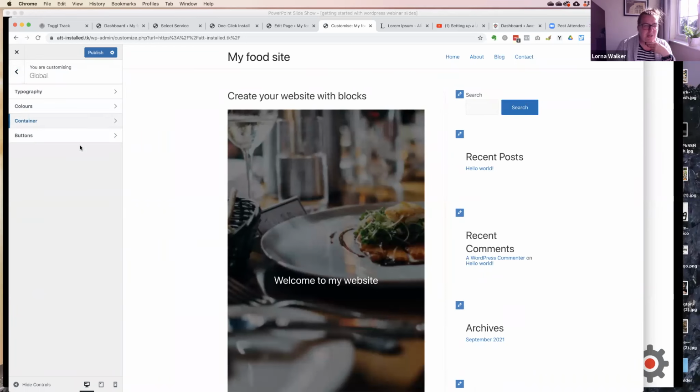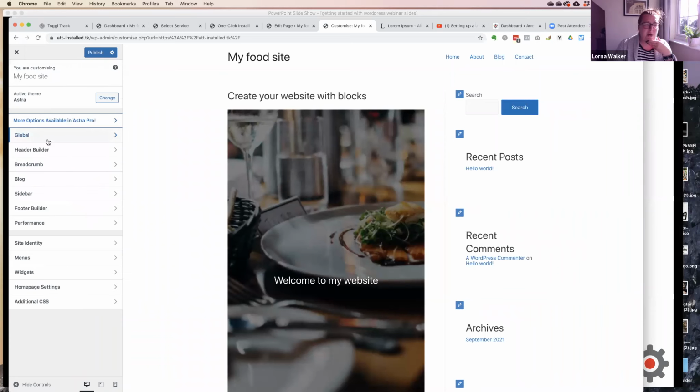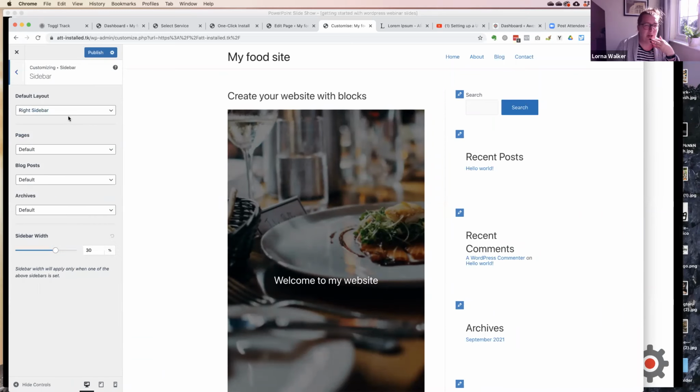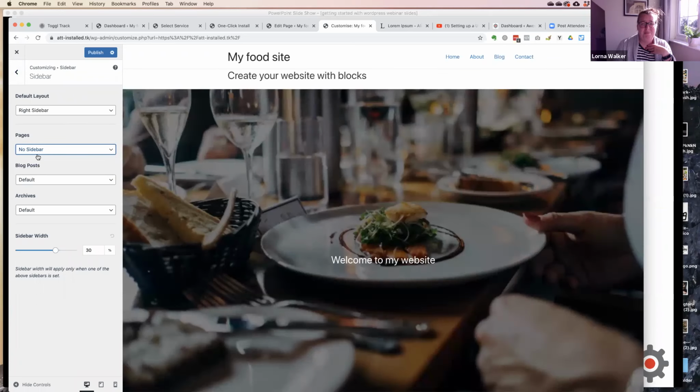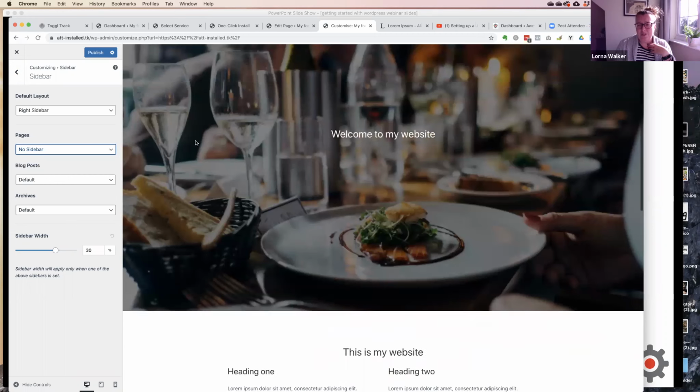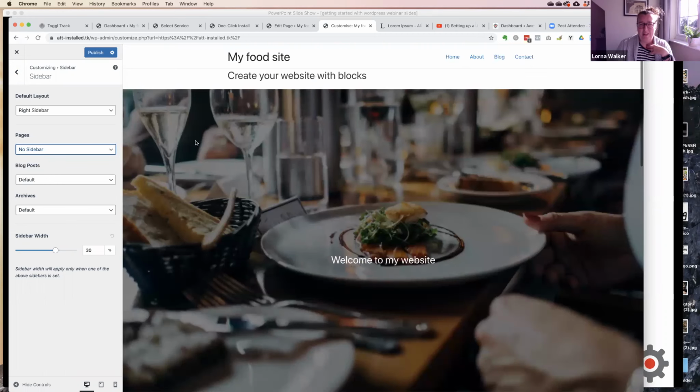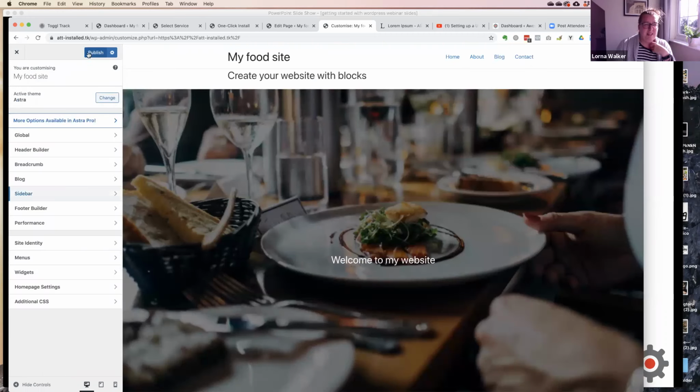Other things that I might do here, I'm going to turn off the sidebar because I don't like having a sidebar on my home page. So that again is something that you couldn't control in the previous theme that you were using, but you can control here. So for pages, I'm going to say I don't want the sidebar. Now that we've turned off the sidebar, we can see the full width effect. So I'm going to publish those changes